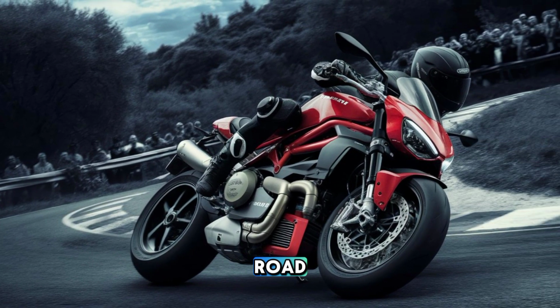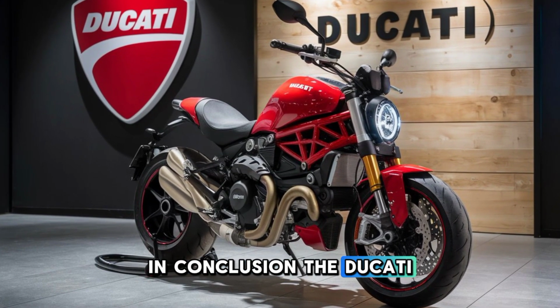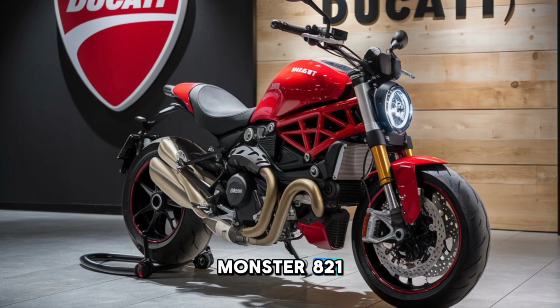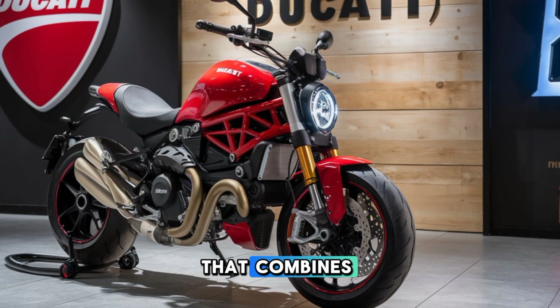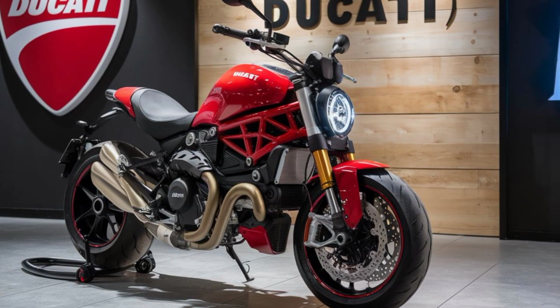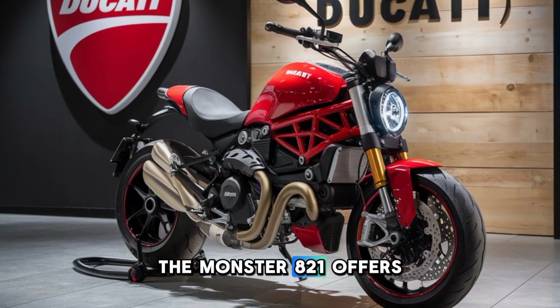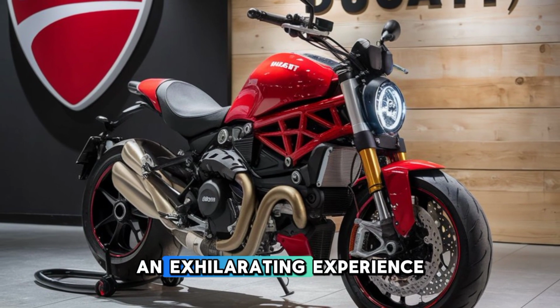tackle any road. Conclusion. In conclusion, the Ducati Monster 821 is an impressive motorcycle that combines performance, style, and comfort in one compelling package. Whether you're a seasoned rider or just starting out, the Monster 821 offers an exhilarating experience